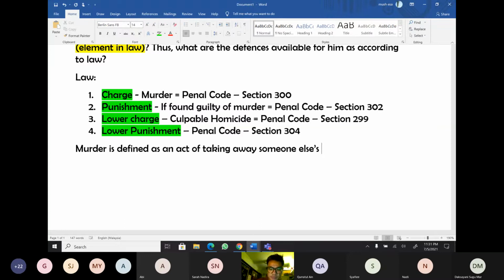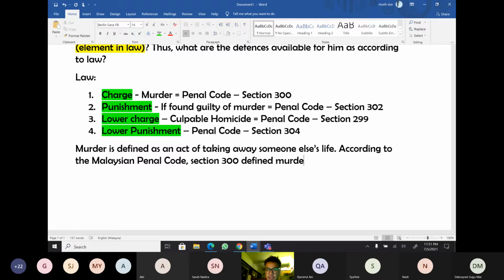According to the Penal Code, the Malaysian Penal Code, section 300 defines murder as,